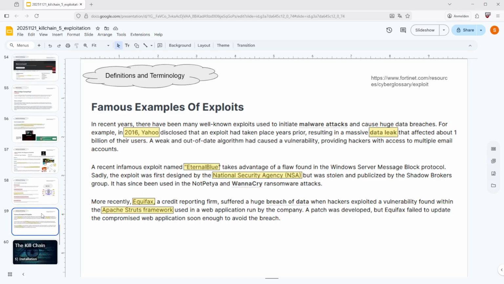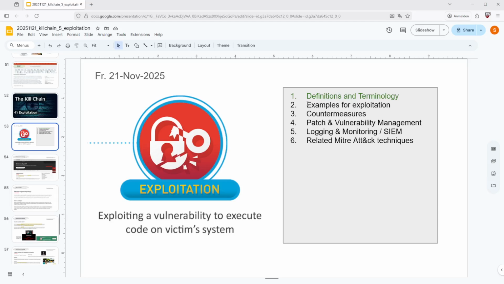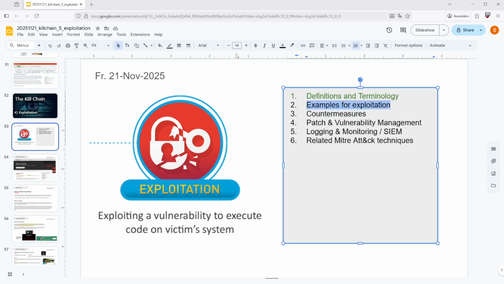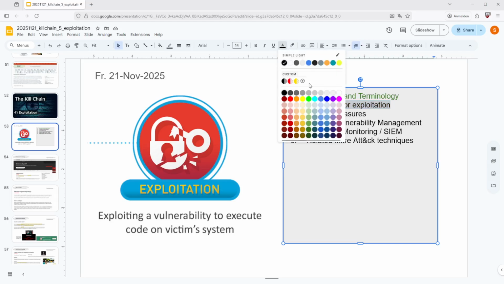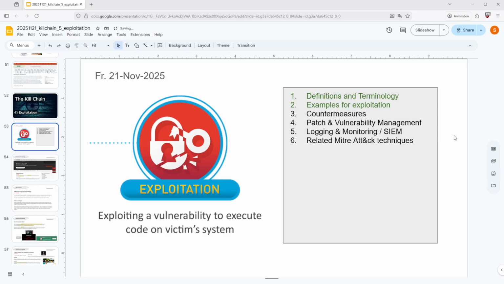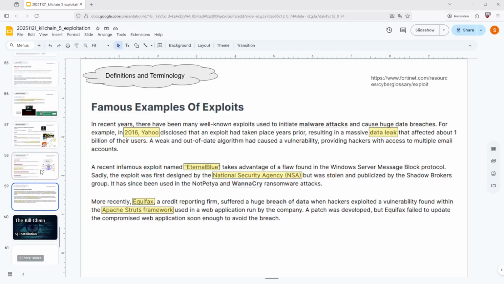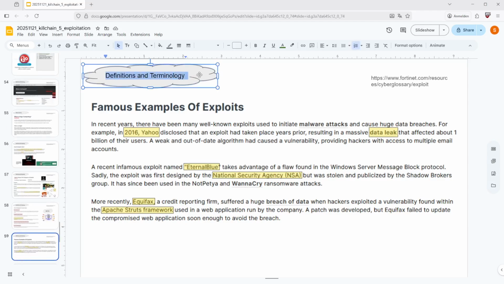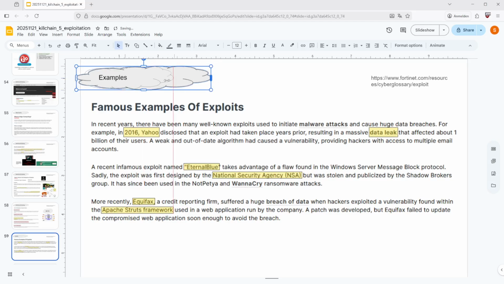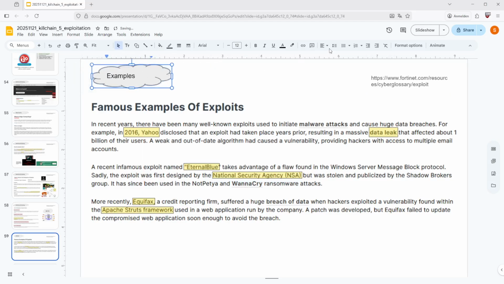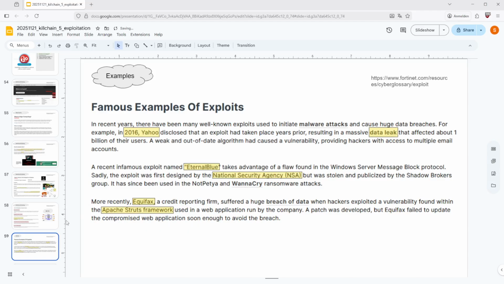All right, we now have examples for exploitation. Let's mark that as well. Now let's go into countermeasures real quick. We mentioned SIEM already, and these are examples. It has to be here. Okay, the next thing we need is,